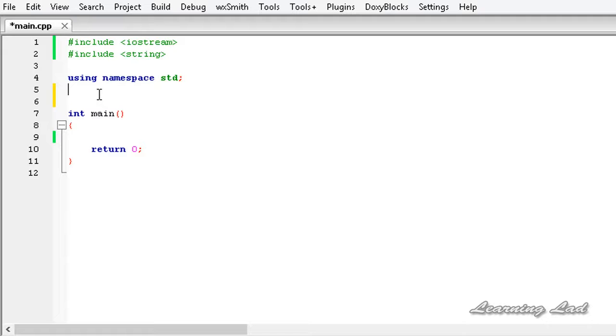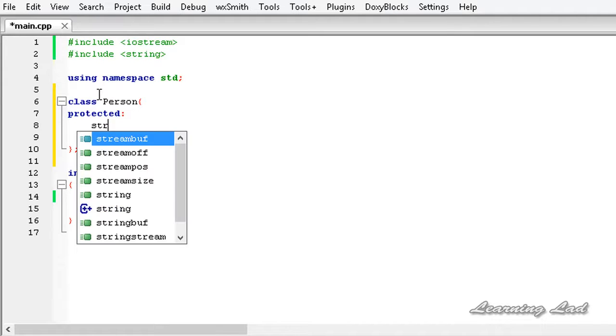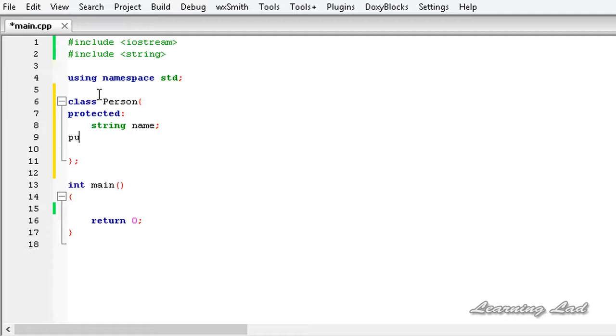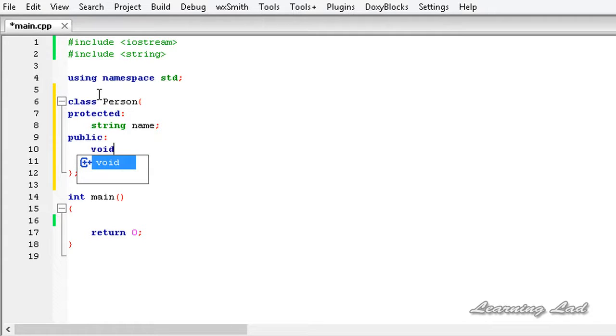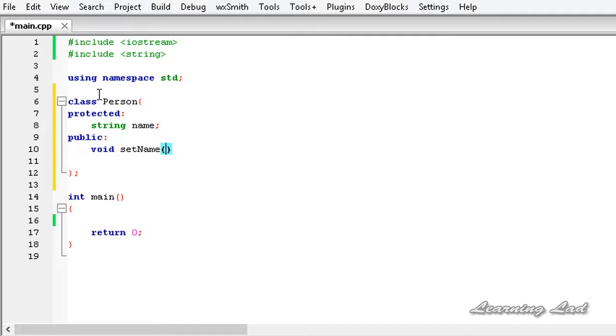Just to demonstrate that, I'm going to create a class, let's say Person, and here we're going to use the protected access specifier, and then let's have a string name. Then we're going to specify the public access specifier to define the public members. Let's say we have a function, let's call it setName, and this function is going to set the value of the member name.